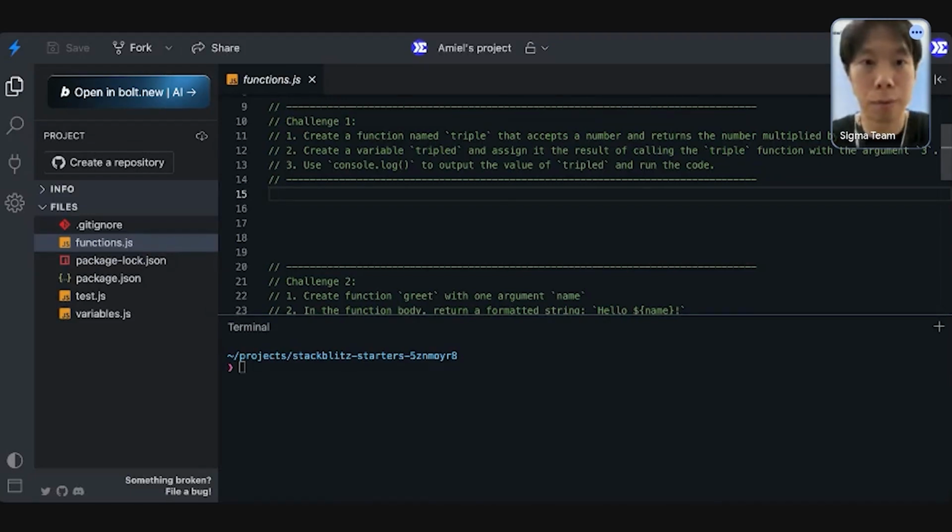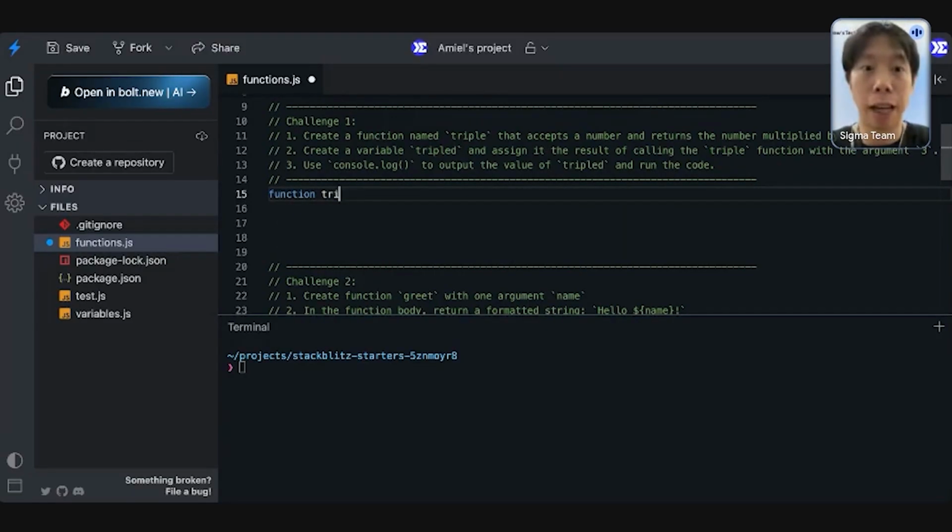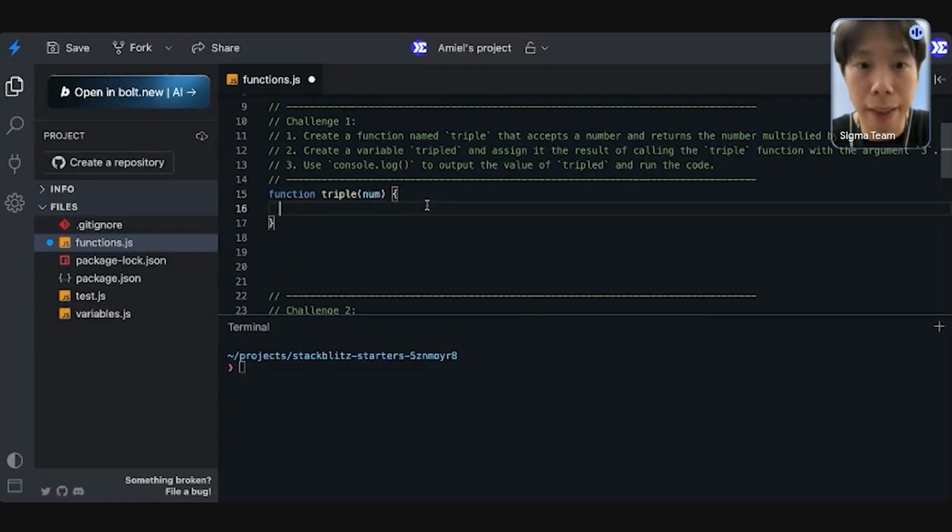To declare a function, the keyword is function. Now we have to name our function triple, and you have to have parentheses. As in the previous example, if you want to accept variables and declare them as parameters, we have to declare a name for that variable. You can do x or number or anything like that. Let's do number for now to be accepted as a parameter in this function. Now, every function will need curly brackets, so we do curly brackets like this.